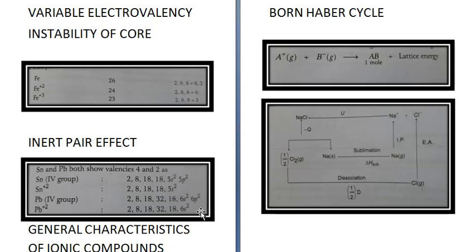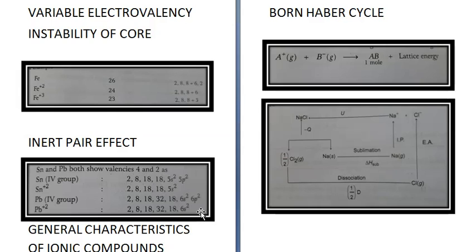So as we move down a group, the inert pair effect increases. When sufficient energy is provided, s electrons also enter into bond formation and higher valencies are shown. This tendency to show higher valency is less in lead and bismuth, but more in lighter elements like tin and antimony. The inert pair effect is caused due to penetration of ns2 electrons to some extent into the penultimate shell consisting of 18 electrons, thereby being attracted strongly towards the nucleus.